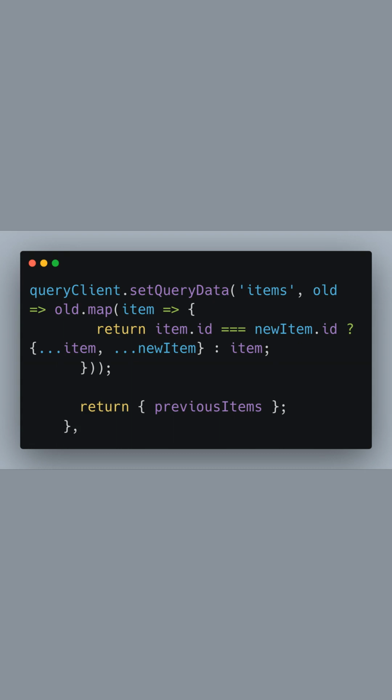Next, we optimistically update the item's query data in the cache. We map over the old items and check if the id matches the new item. If it does, we create a new item with the spread operator combining the current item and the changes. This updated items data is then returned to the cache, allowing the UI to render the updated data immediately. We also return the previous items, which will be used in case we need to roll back due to an